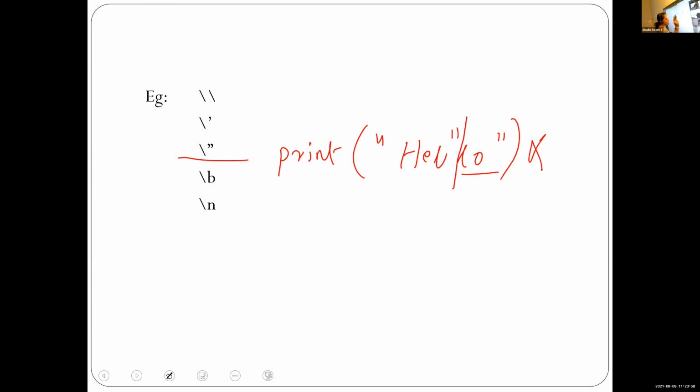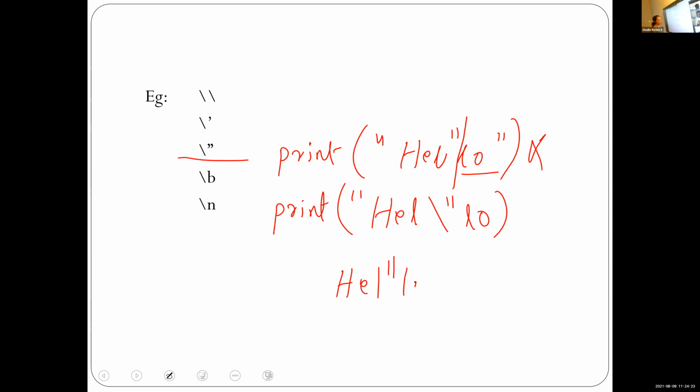So this is an error. Use an escape sequence. The correct statement is print HEL backslash double quotes LO. Then the output prints like this: HEL double quotes LO.